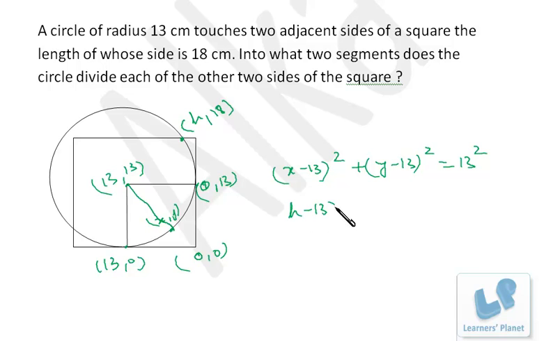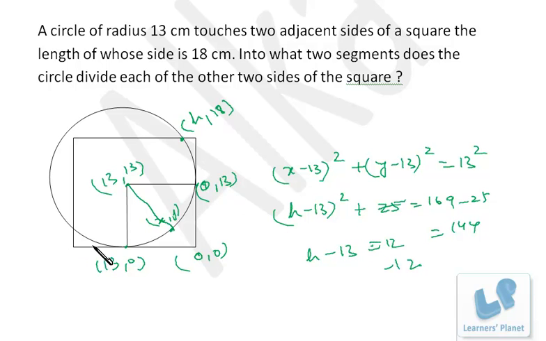So this is (h − 13)² + (18 − 13)², that is 5², that means 25, equal to 169. So (h − 13)² is 144. So h − 13 is 12, or −12, right? (h − 13)² is 12². So h − 13 is either 12 or −12. Now h cannot be 25 because